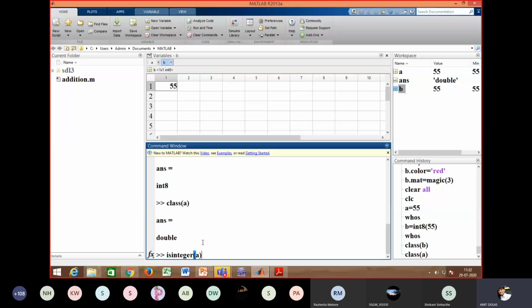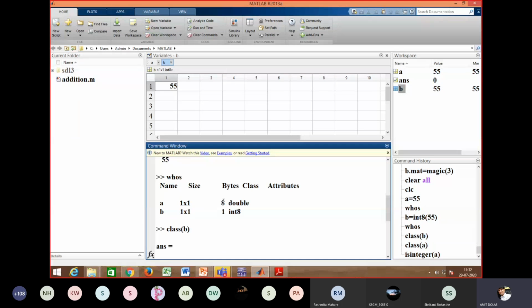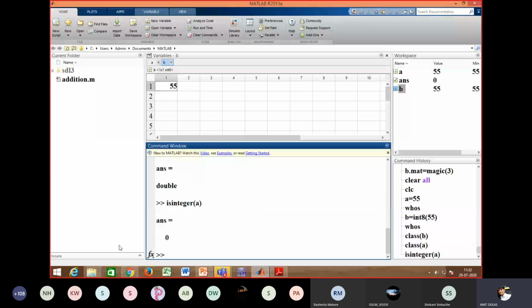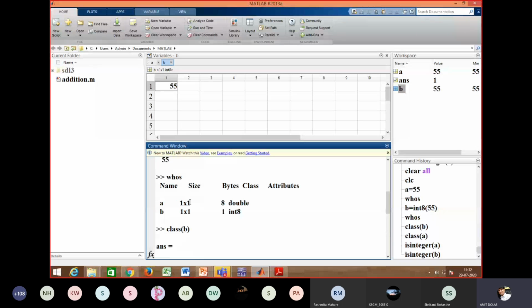It shows 0 because a has double data type. So it shows 0, and 0 means false. Let's do the same instruction for b. Now it will show 1 because b is definitely an integer of type 8, and it shows the true condition, which means b is an integer.